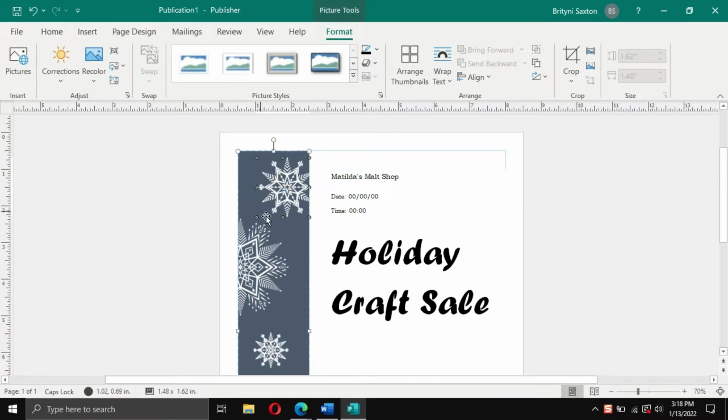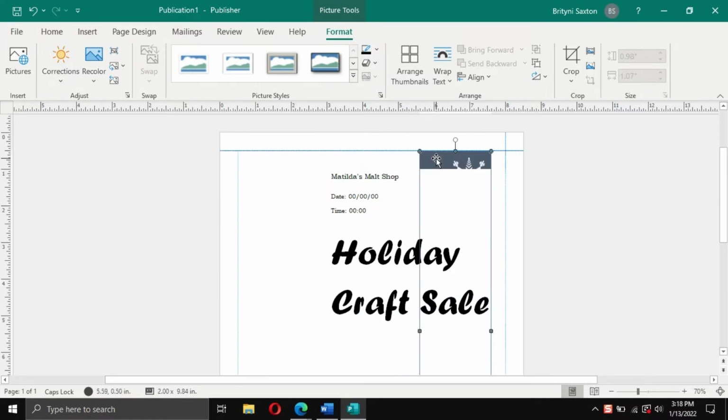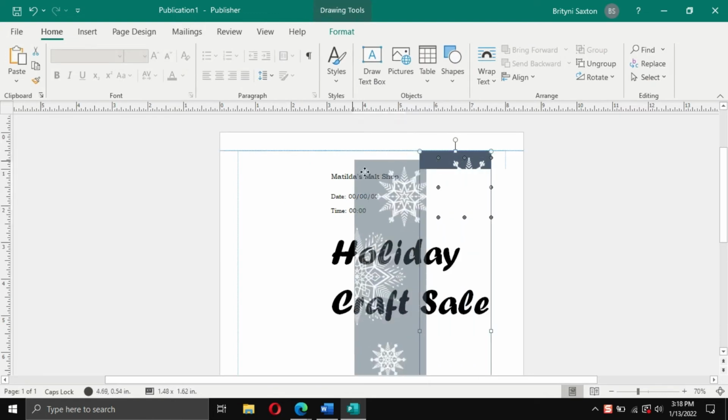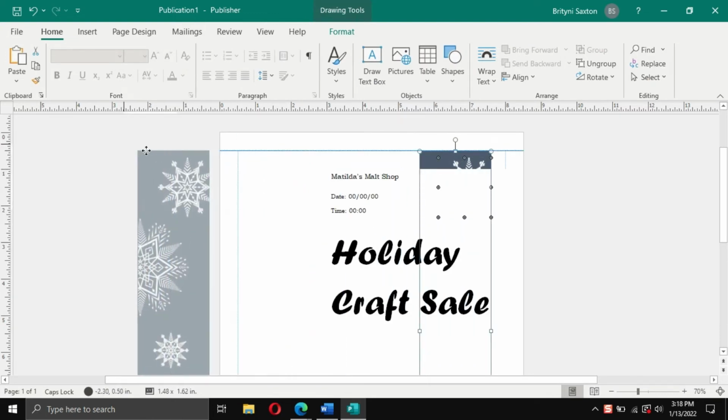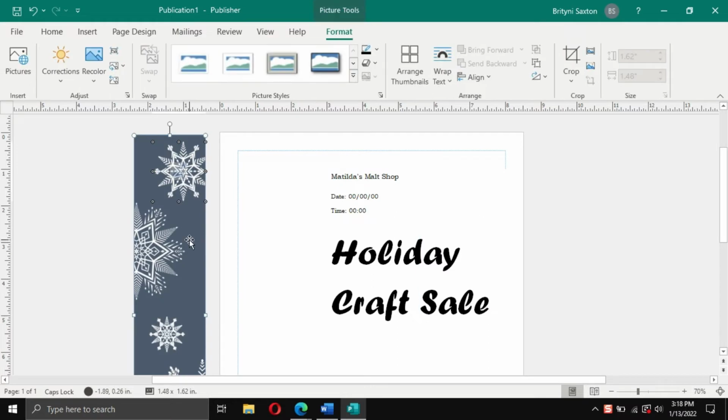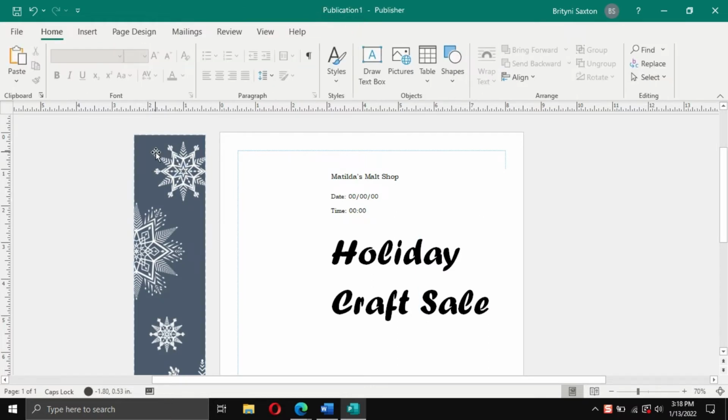And when I select an option here, it doesn't give me the full resize options because it's grouped into one piece. So that way, when you move the item, it moves all the pictures and the objects with it. So my first thing is